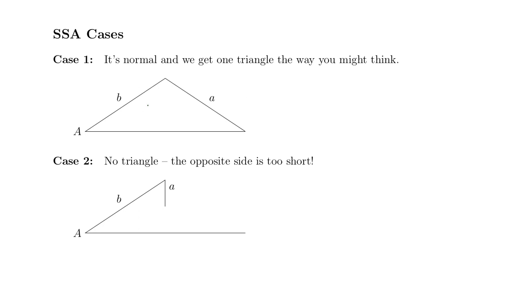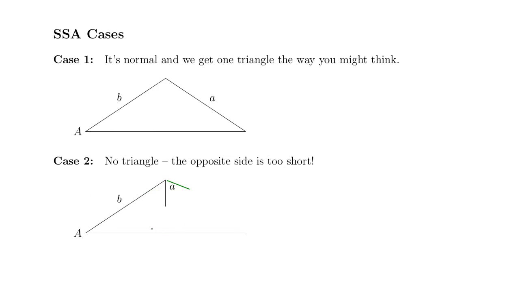But everything just works out really nicely. But it's possible that if you only know this angle, this side length, and this side length, maybe this side is too short. And so no matter how you swing it, let me show you what I mean by swing it. No matter what this angle is, if you swing this back and forth, it never actually connects to this